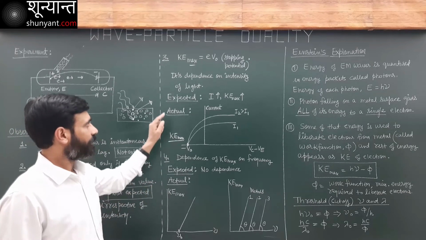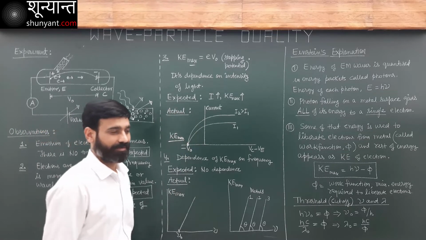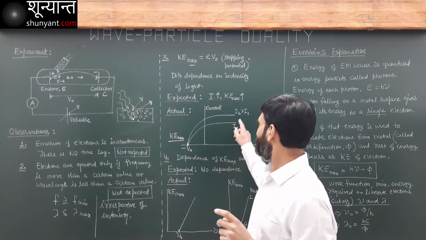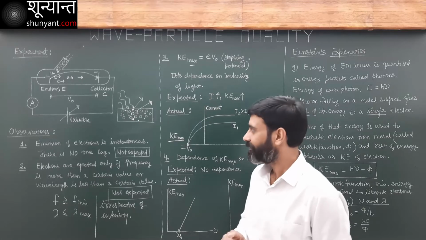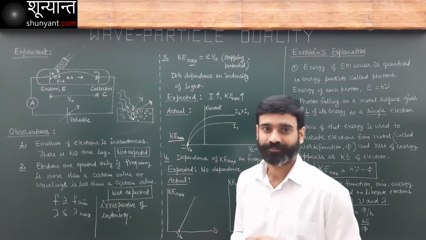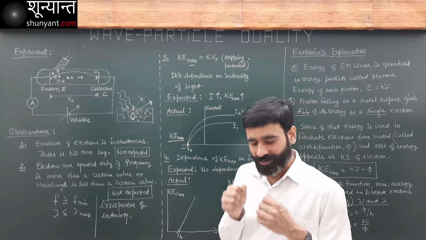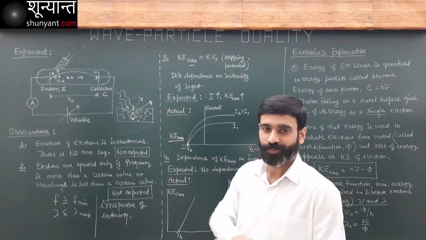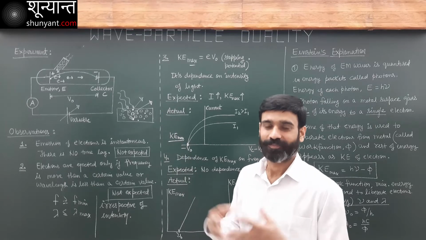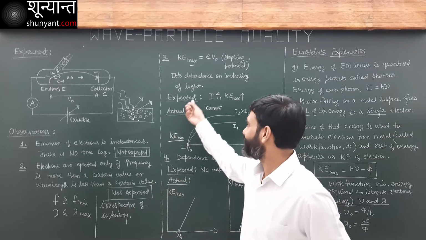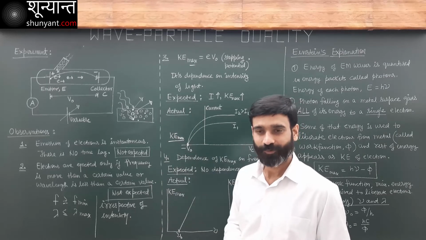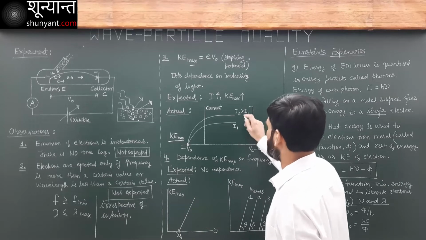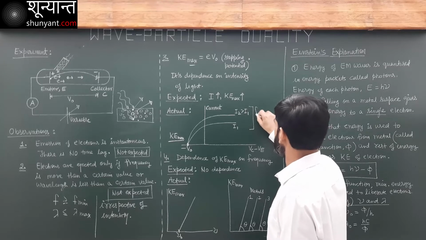Now, what was the expected behavior? What was expected? If intensity increases, then the electron will absorb more energy. It will come out with more kinetic energy. And then I will require more negative potential to stop it. But it did not happen. This was what was expected, but what we actually observed is that if I increase intensity, provided that frequency is constant,